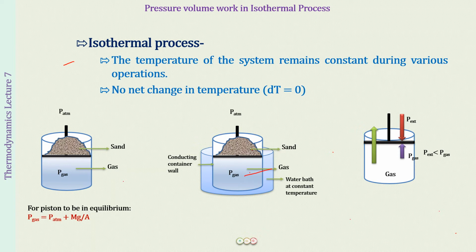So here as well, what have we done? Work is being done by the system in case of expansion. So here we are expanding. We can also compress the gas by adding some more sand. In that case the piston will move down. But first of all, let us talk about expansion only. So here we are causing an expansion. In this expansion, we have negative work being done by the system.